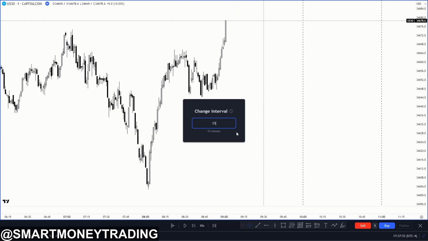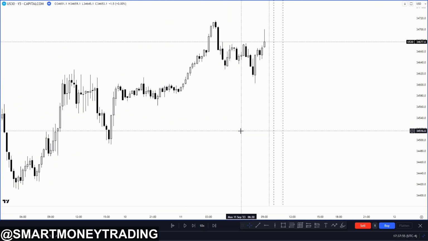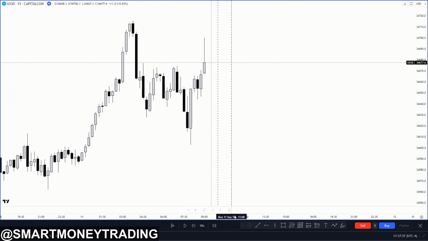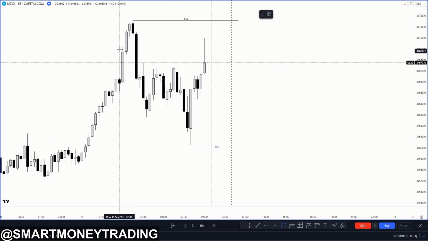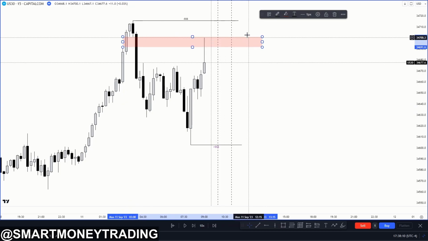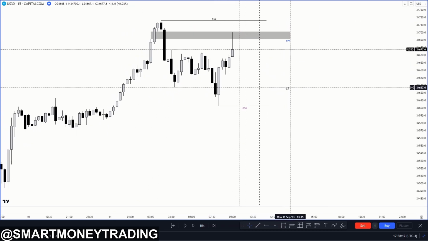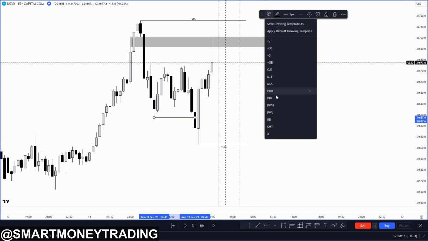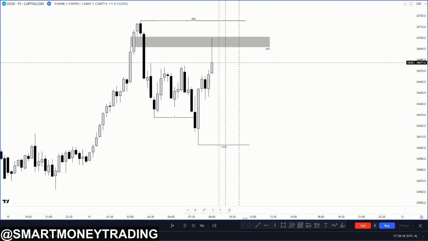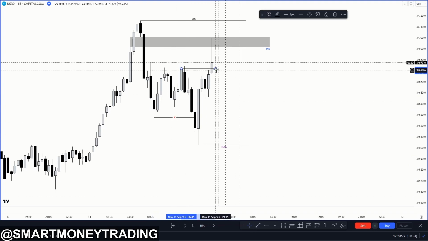So we're gonna drop up to the 15-minute chart. The 15-minute chart provides us with a lot more context as to what's happening. So we have our external sell side liquidity, and then we have our external buy side liquidity, and then we have an inversion or a balanced price range, you can say. And you can see we took out sell side right here, and I don't know if this would be the breaker or this one, but either way it is near a